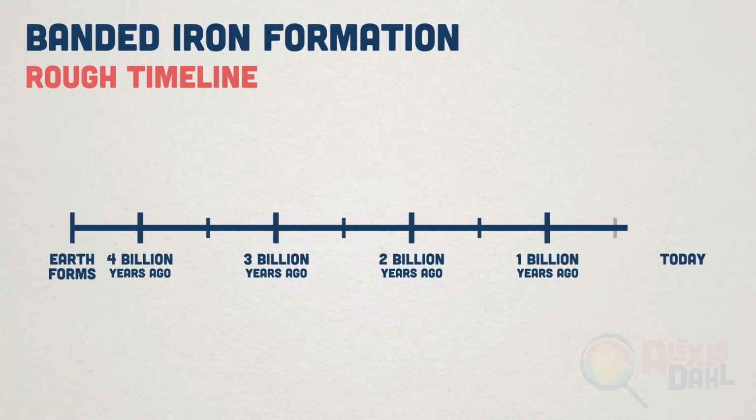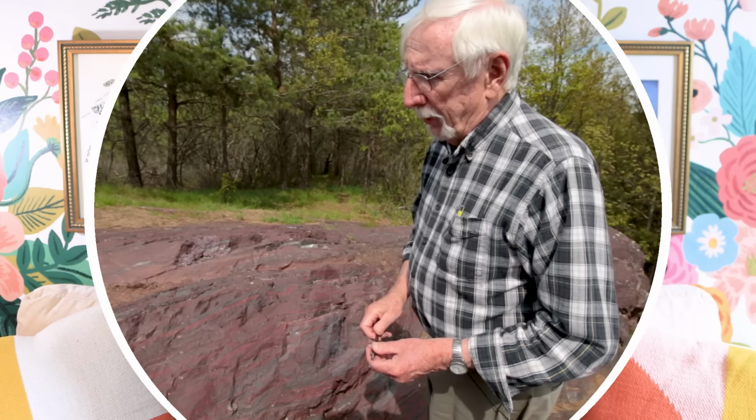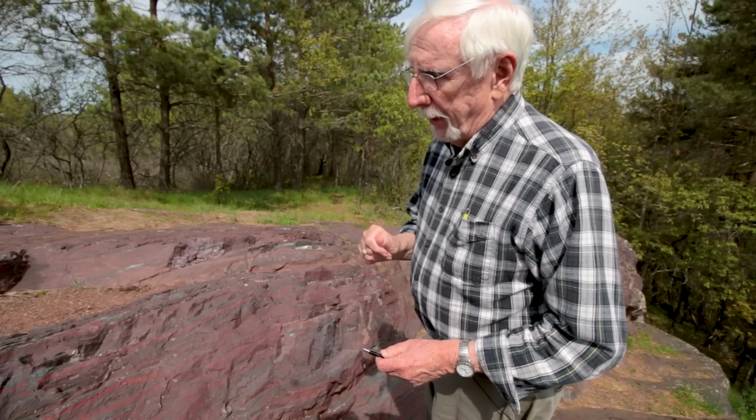But I did say usually, and banded iron formations are one of the exceptions. They haven't formed on a massive scale in nearly 2 billion years, which suggests that whatever processes made them aren't happening anymore. There also aren't really modern rocks that we can use to draw good comparisons. And all of this has made banded iron formations hard to understand, especially because they seem to have formed in some complex conditions. The issues are, first of all, you have to have a lot of iron dissolved in the